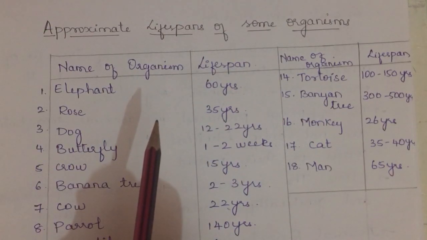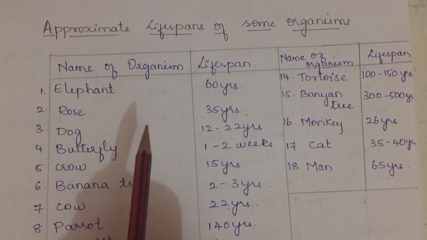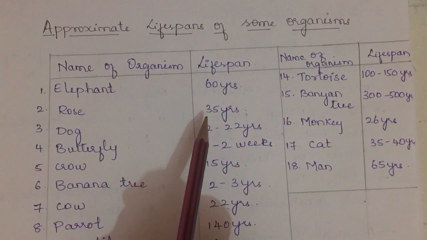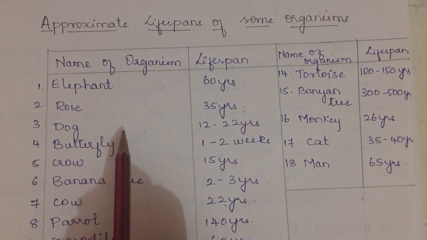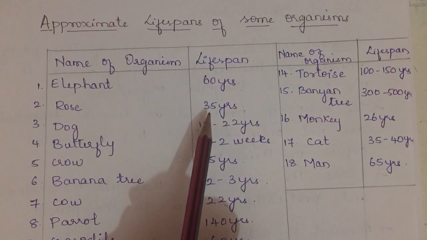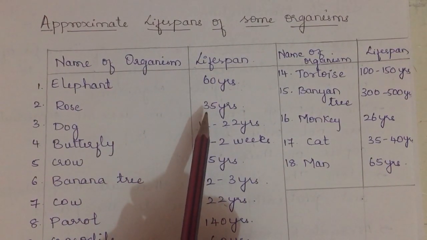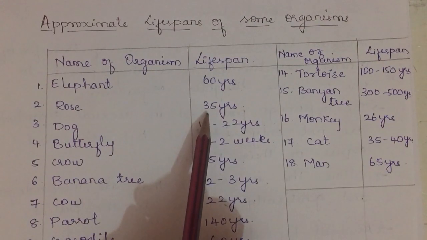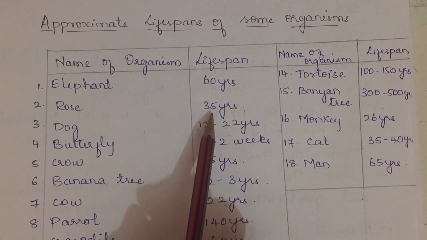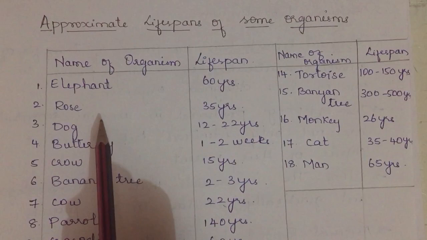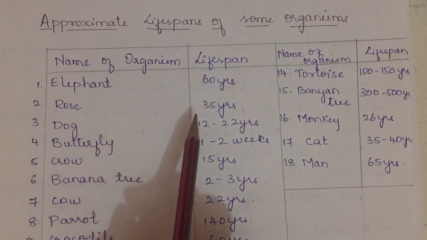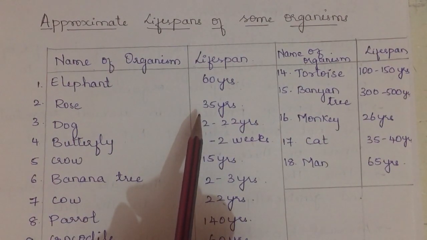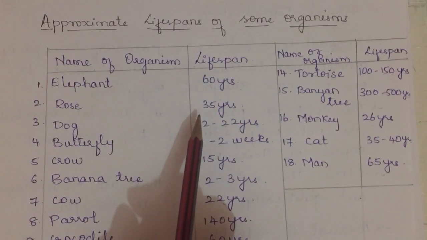Actually rose can have different lifespans, which means a rose plant can even have 100 years. How is it so? You might have seen at your home, if you planted a rose plant, within a few days it might get burnt or die. How is it possible that I am giving it as 35 years? Because rose plants show a type of reproduction called vegetative reproduction. In that you have stem cuttings. With a rose plant, you are not getting seeds of it. What we are doing is taking the stem cuttings of those.